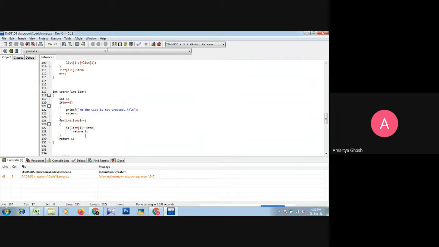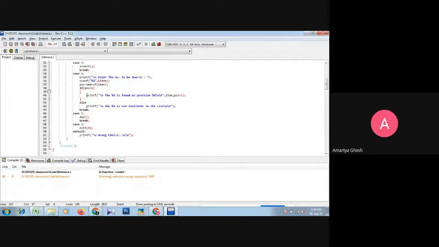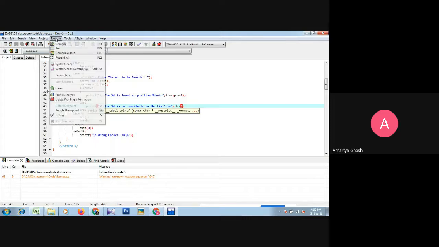Return I. So if pos is less than n, print else print here, comma item. Save, compile, run.